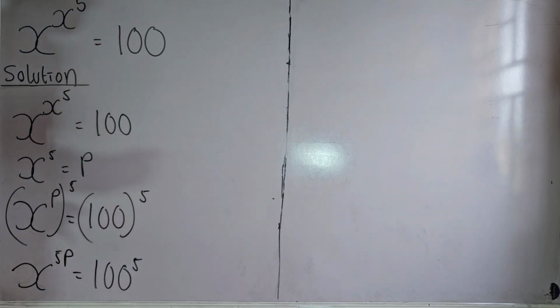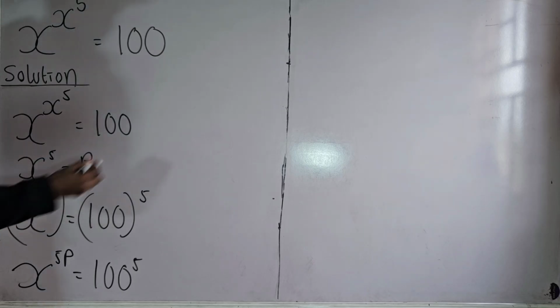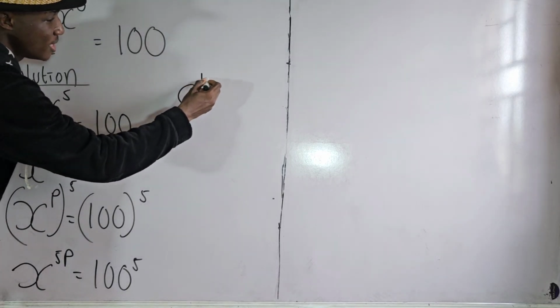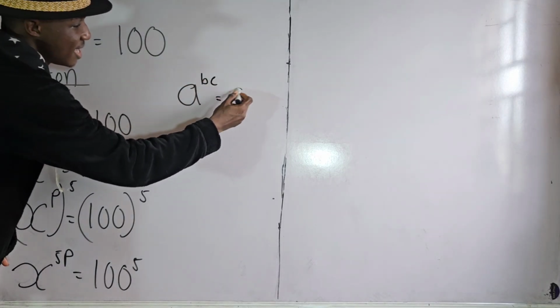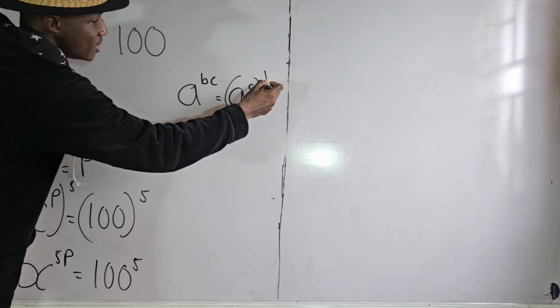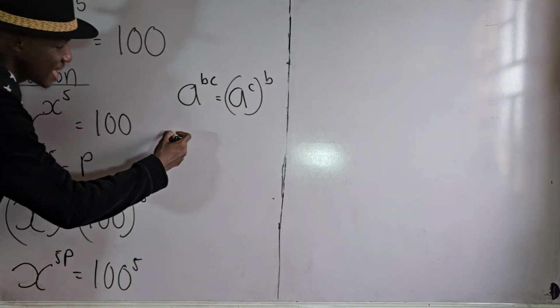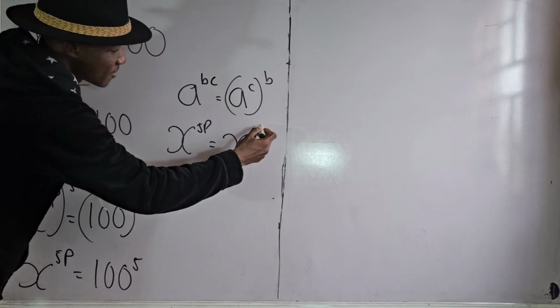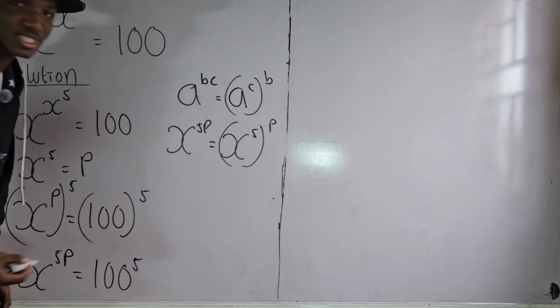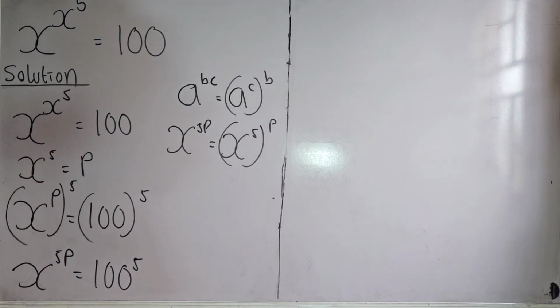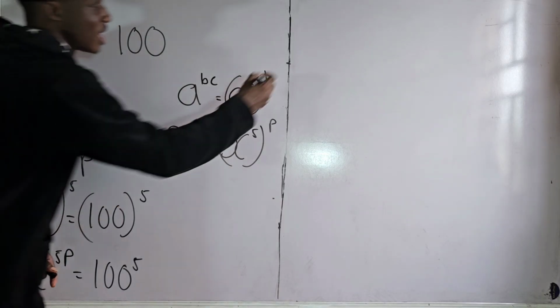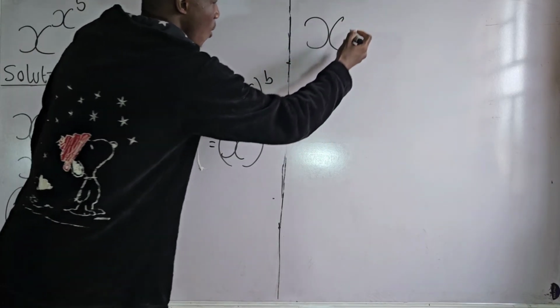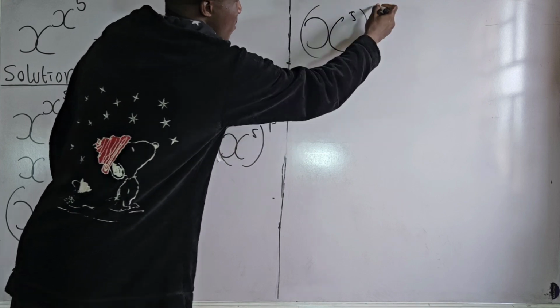Okay, when you get to this point, this is what you are going to do. Do you know that if you have a raised to the power of b multiplied by c, this can be written as a raised to the power of c, raised to the power of b? That means that since I have x raised to the power of 5p, this can be written as x raised to the power of 5, raised to the power of p. Do you understand? I'm going to apply that law to the left-hand side of this equation. So we are going to have x raised to the power of 5 raised to the power of p equals